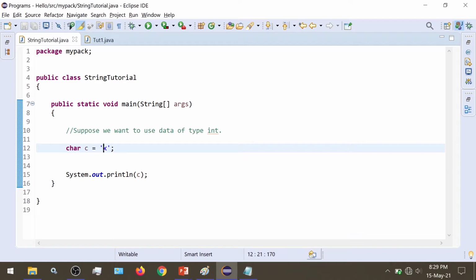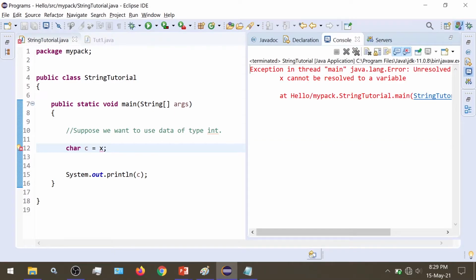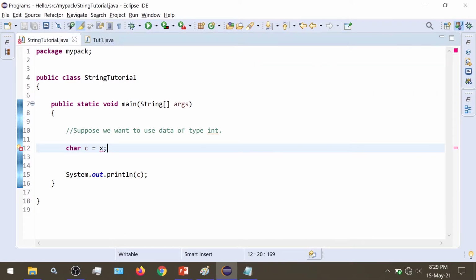Now note the single quotation marks here. Whenever we are trying to use the char data type, we need to specify the data in single quotes. If we do not do this and simply write x, it will try to see x as a variable. By default, a program would see any characters as variables, but we need to specifically tell it not to interpret this as a variable, but to take it as a character value.